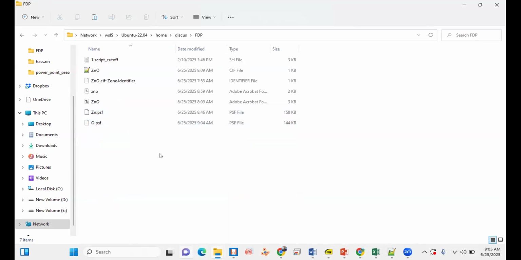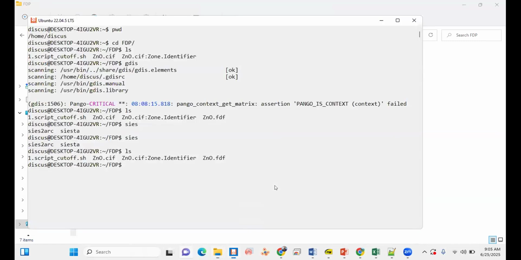So basically for the SIESTA run, we need these three files. One is the input file we created during this session. The second thing is the PSF files, because we have two species, so a zinc PSF file and an oxygen PSF file.